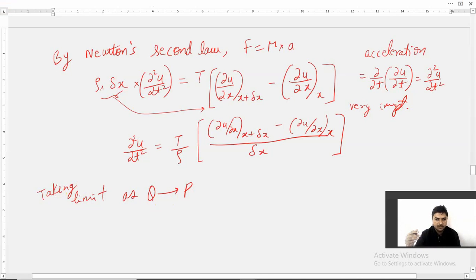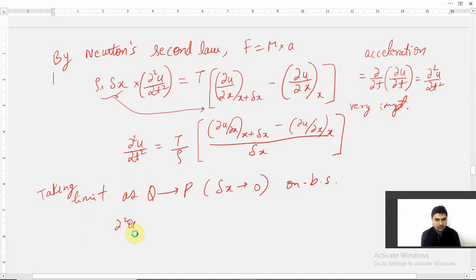When the point q comes to p, whatever the change in the displacement or distance will become 0. So this will be there on both the sides. On the left hand side, students, there is no delta x, so there will be no change in this. So using the first principle of derivative,